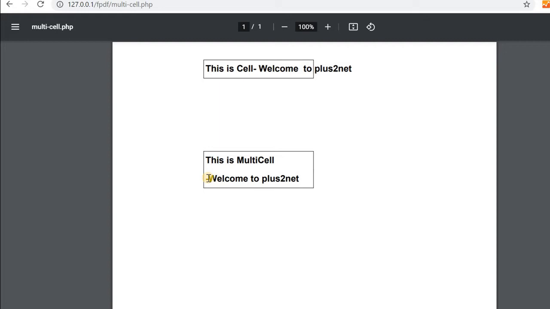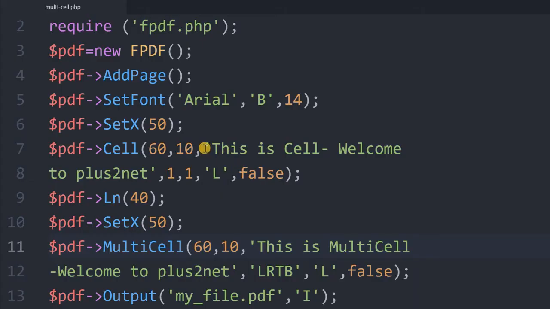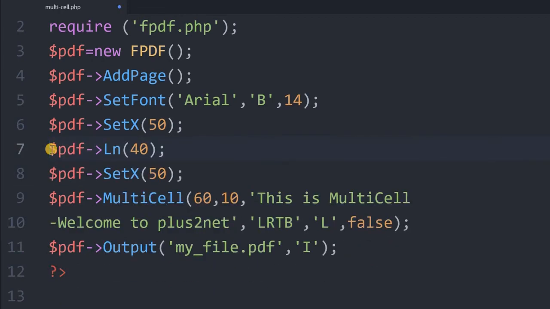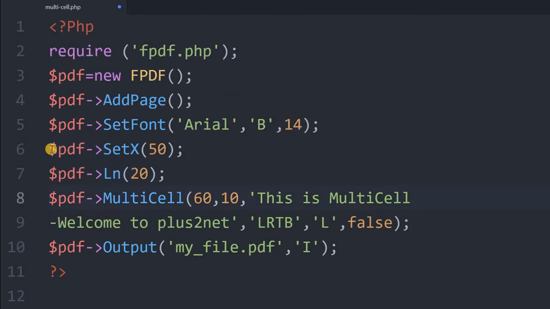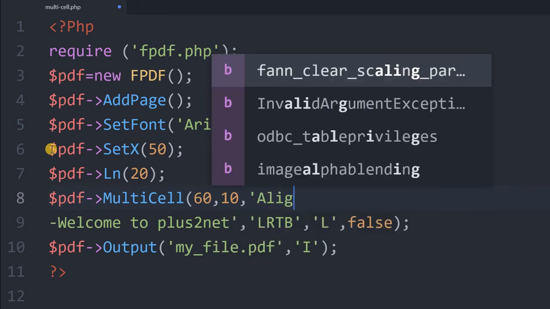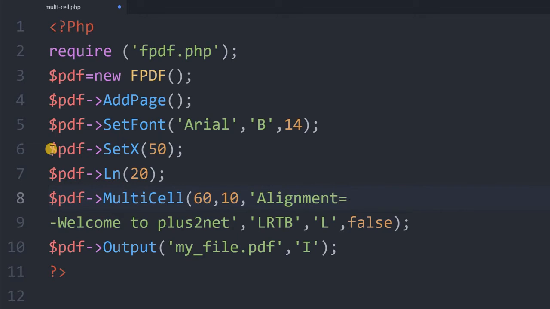We'll understand more about this multi-cell by adding different parameters to it. We'll understand about alignment now, so aligning the text within the multi-cell. So we'll remove the cell part from here, and the text 1 we'll remove. We'll keep the line break here as 20. So here the multi-cell is there. Now this multi-cell text we'll remove. We'll change this one and say alignment equal to left.